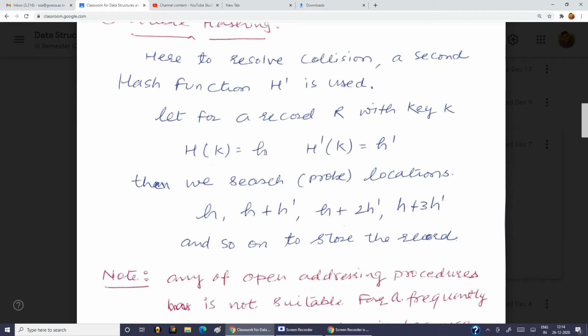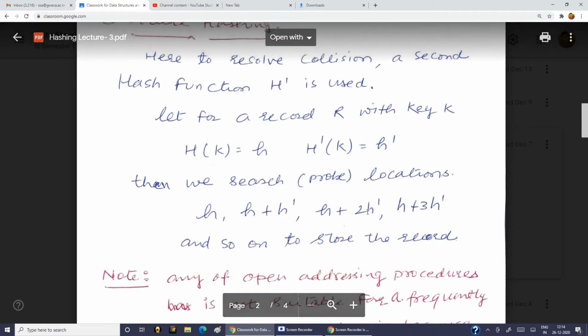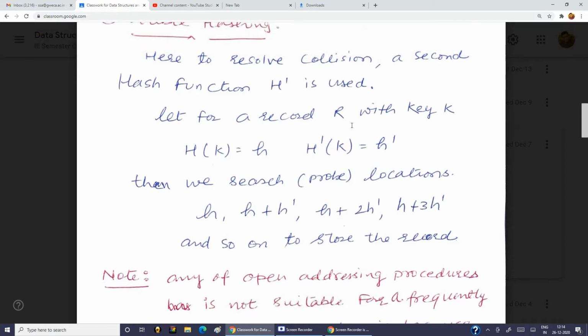But if this location is already occupied, that means there is a collision, then you will explore the locations h plus h dash, h plus 2 h dash, h plus 3 h dash and so on. In this way, you will explore and store your record. This hash function h dash will generate a different value for different keys.